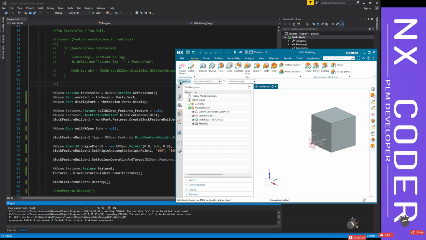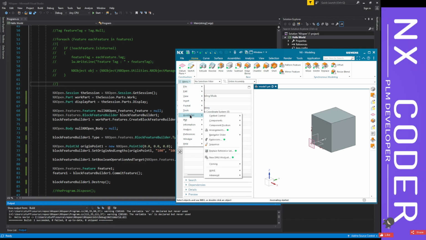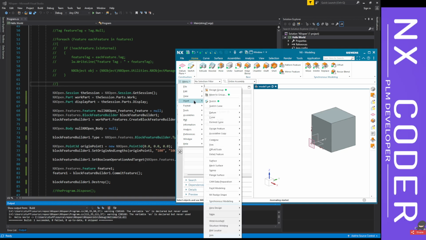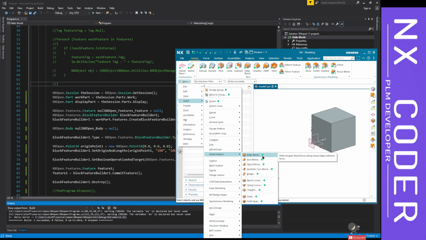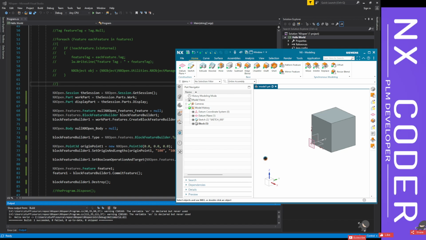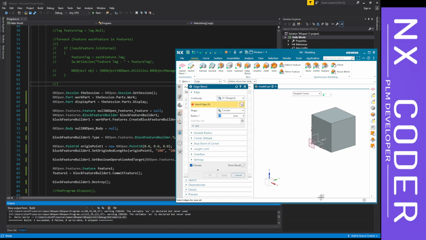So here if I go to File, and we already know from the previous video that if there is a symbol here, then it means that recording can happen. So here I click Edge Blend because we are going to create an edge blend here. Whatever we do in the session will get recorded. So I would suggest not to do any other things that we don't need. For example,